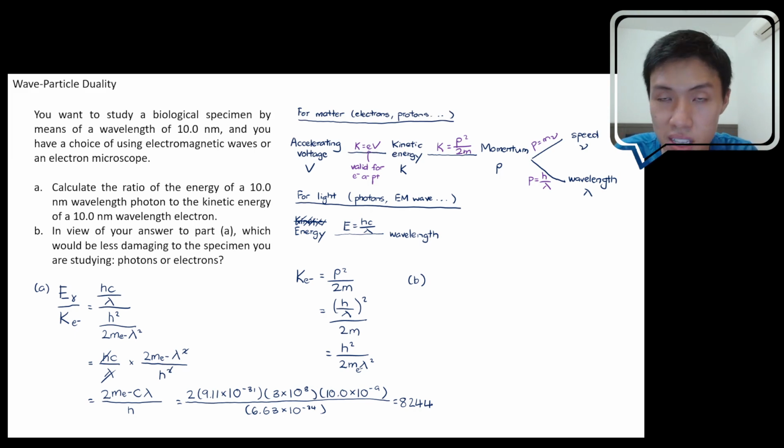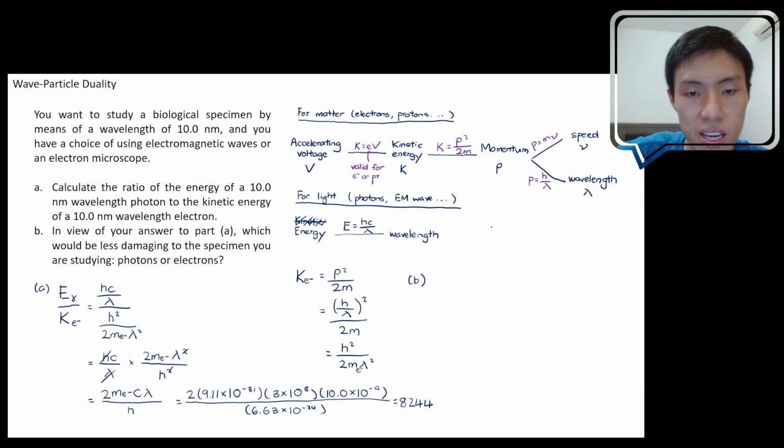because it can cause a protein to denature, or it will cause mutation to occur. Okay, so those kind of issues will cause damage to the biological specimen. Okay, so the more energy that these particles have, the more damaging it will be to the specimen. So since we know that photon on the same wavelength as electron, photon possess much more energy, it will cause greater damage to the biological specimen compared to the electron. Okay, so we can say,